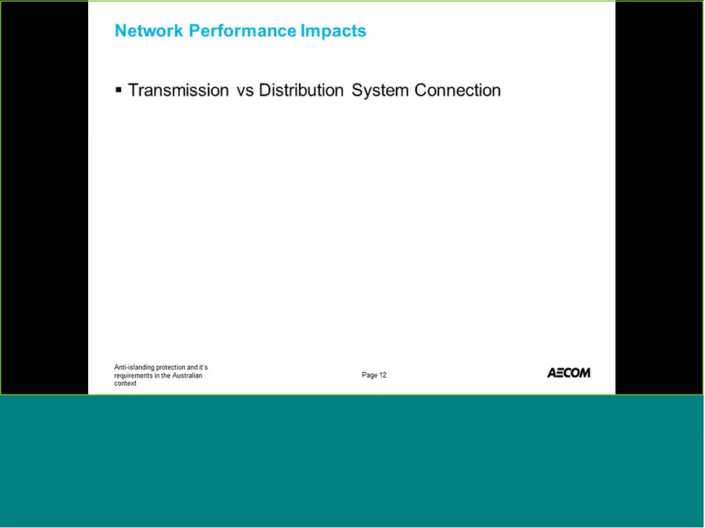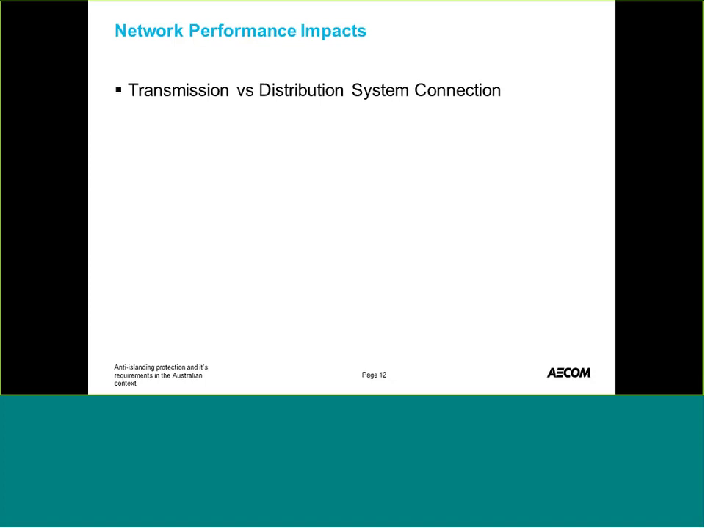Network performance impacts. I thought it was good to discuss the requirements of transmission versus distribution system connection in terms of anti-islanding. Typically in a transmission system, it's important to ensure that generators are connected and remain connected during fault events or contingency events, and islanding might not be as big a risk, whereas in distribution systems, islanding might be more of a risk